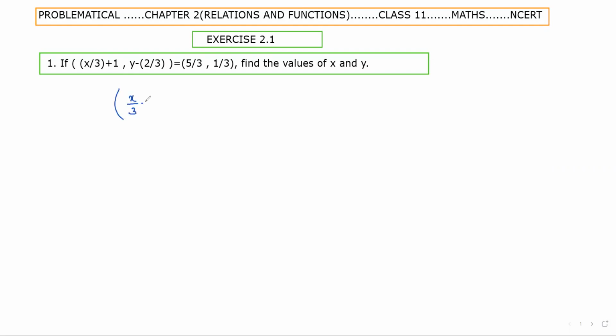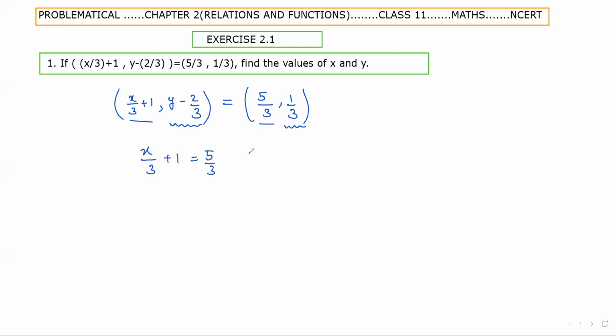x/3 + 1, y - 2/3. This is the first ordered pair. It is said to be equal to the second ordered pair, 5/3, 1/3. So two ordered pairs are said to be equal when their corresponding elements are equal. That means the first element of the first ordered pair should be equal to the first element of the second ordered pair, and the second element of the first ordered pair should be equal to the second element of the second ordered pair. That means x/3 + 1 equals 5/3 and y - 2/3